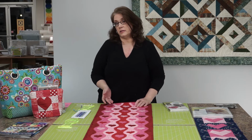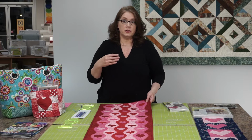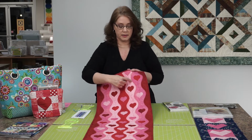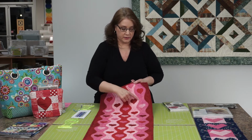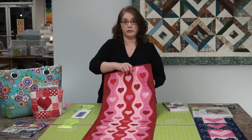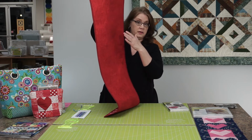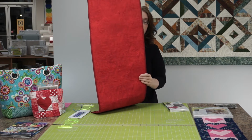And the quilting is done with your decorative stitches on your sewing machine. So it's a great way to use all those stitches that we normally don't use. And so you can see maybe here on the lighter color, I did a feather stitch with my sewing machine. I quilted all the layers together with the actual decorative stitch, and it's really pretty